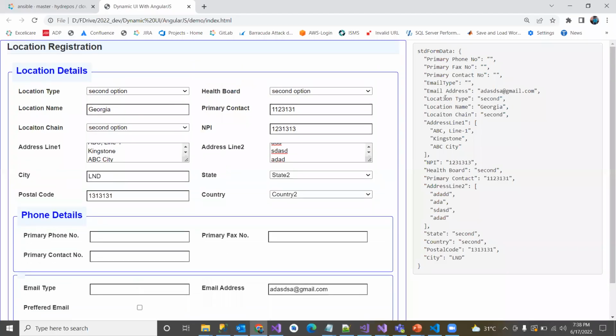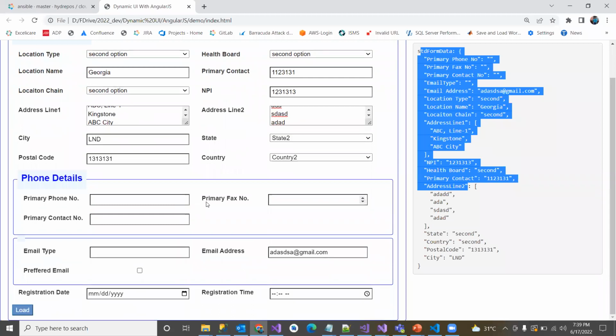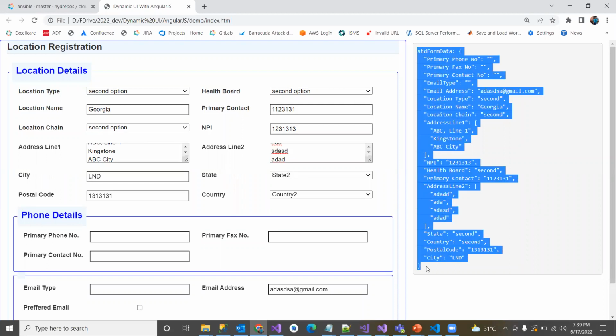And also you can see whatever values you are entering here, the entire thing you can take in a single line and pass through your API, and that API will save the data in the DB server. It is very simple and easy for developers to build UI using AngularJS. In a similar way, you get this JSON, whatever values you entered on the standard input on the page, those values are automatically reflected here against each field. And this entire JSON, you can just take in a single line and pass to your database. So I hope you understand the concept of building a dynamic UI using AngularJS dynamic forms template,